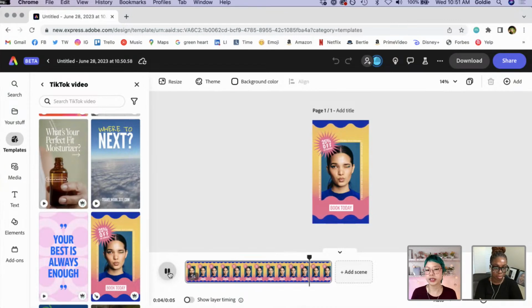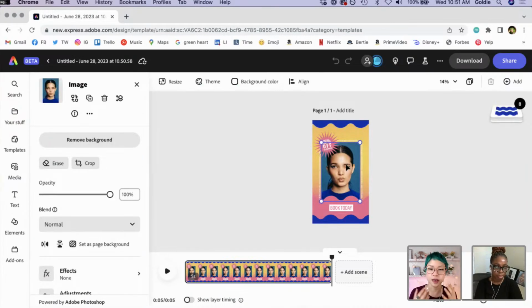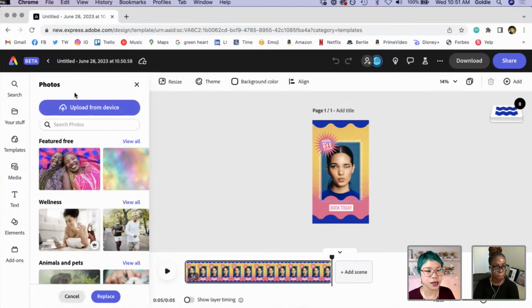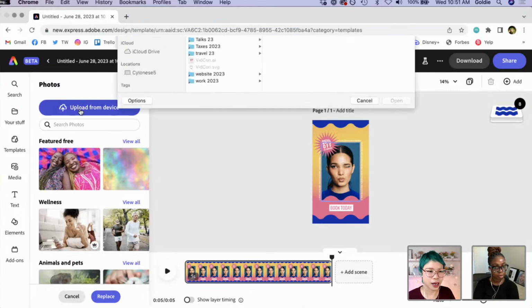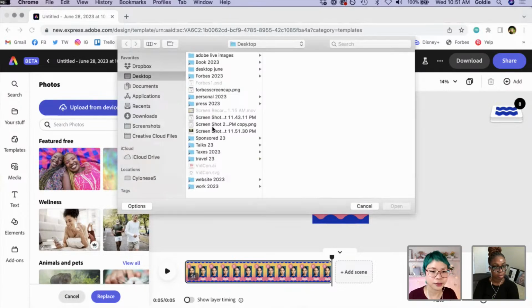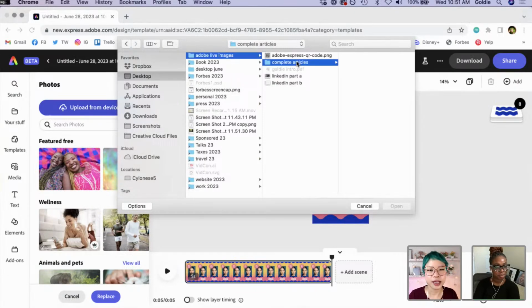And one of the reasons why I picked this one is it already has this rectangular image in the center, which means when I replace it with the screen cap I made, or one of the other screen caps I made, it's already going to look good. So that's one thing to look out for, is when you're picking your templates, you want to make sure that you are picking things that will already work with your screen cap. So it just makes your life easier. Why make your life tougher? There's no reason for that at all. Literally none.